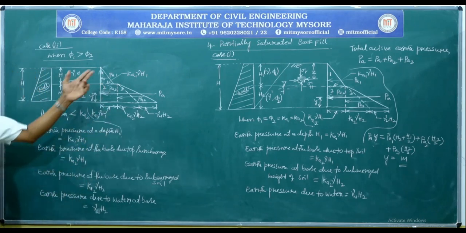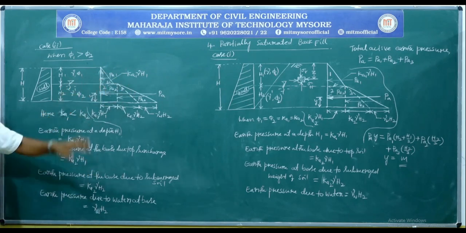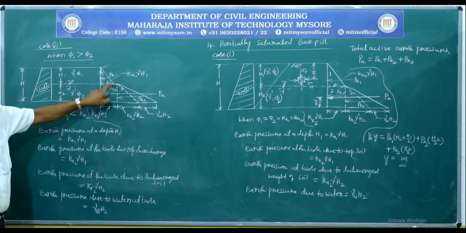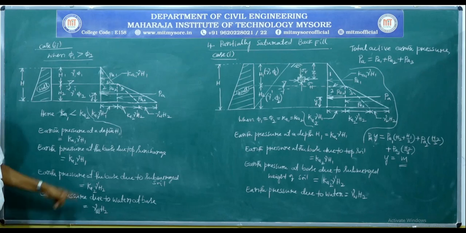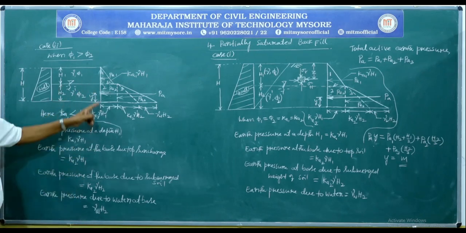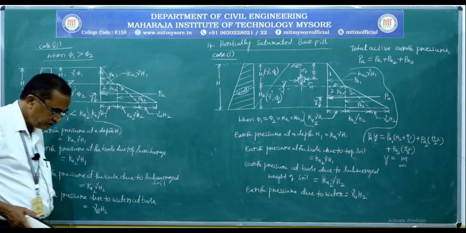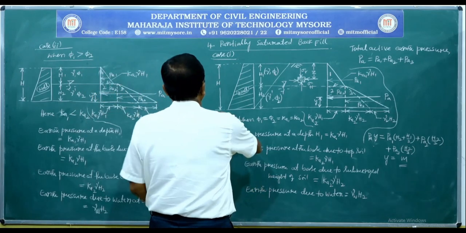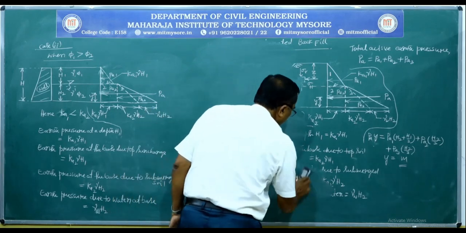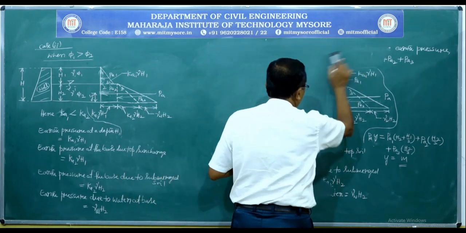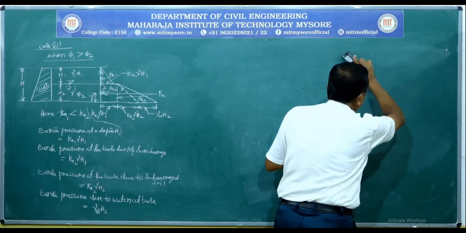So the same procedure is adopted here. We calculate y by applying Varignon's theorem, and we can easily calculate the point of application. So this is the change to be noted here: with the increase in Ka2, there is an increase in the value of earth pressure. Hence, there is a change in the pressure distribution diagram. Suppose the bottom soil, meaning soil below the water table, has a higher value of angle of internal friction, or if there is no water table also.